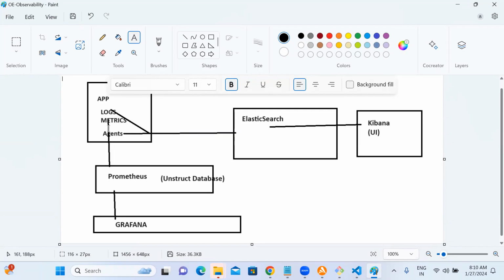The most famous metrics agent we use along with WordPress is Node Exporter. The name itself is saying it: Node Exporter. It will monitor the node: CPU, memory, disk. CloudWatch doesn't have memory monitoring, but Node Exporter has memory monitoring, CPU, disk, some kind of load average. All those can be monitored here. But Node Exporter cannot monitor applications. For applications, you should have other exporters.